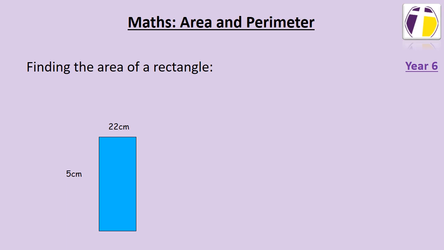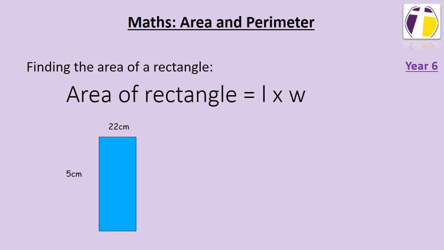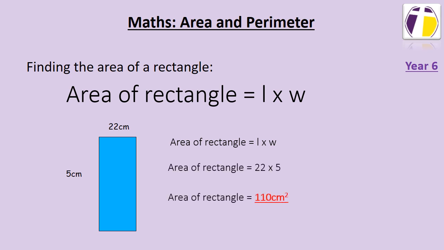We have also been looking at the area of a rectangle this week. And we can see here we have a rectangle with the known lengths of the length and the width. 5 centimetres for the length of our rectangle and 22 centimetres for the width. Our formula for finding the area of a rectangle is length times width. So we can do this easily enough by multiplying 22 by 5, which gives us a total of 110 centimetres